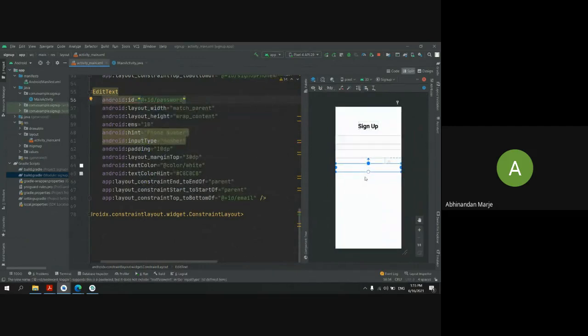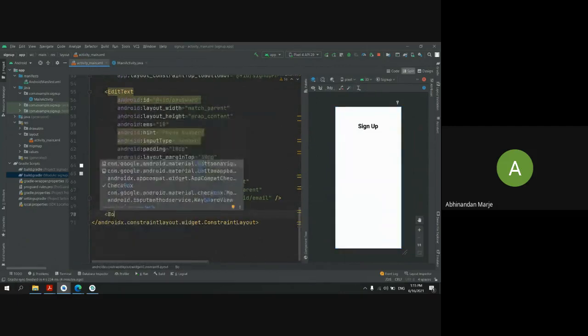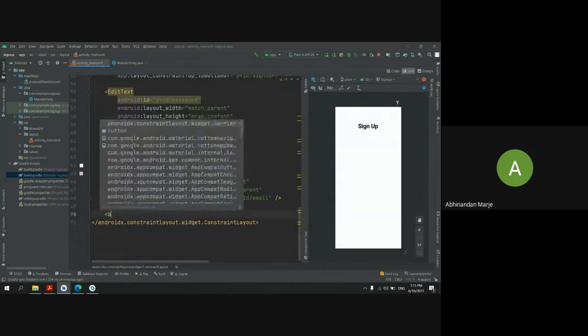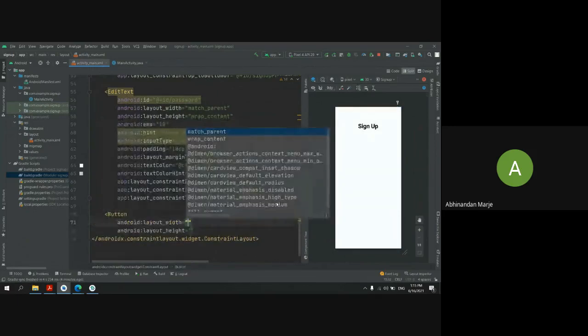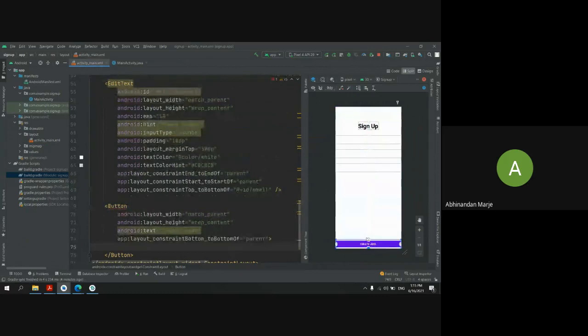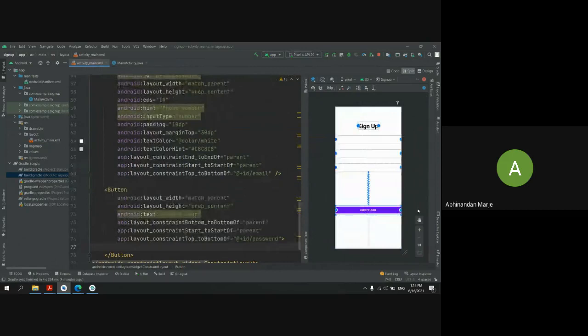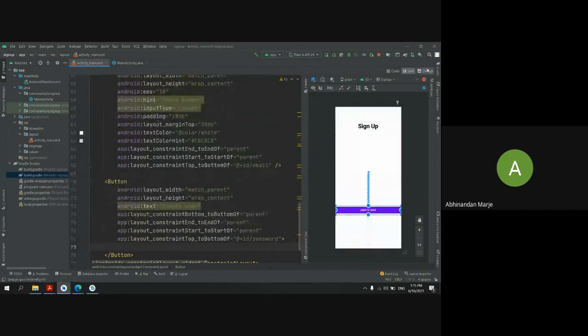Now all my pastries are here, and I will add some button. Text just create here. My edit text is not visible, I guess.